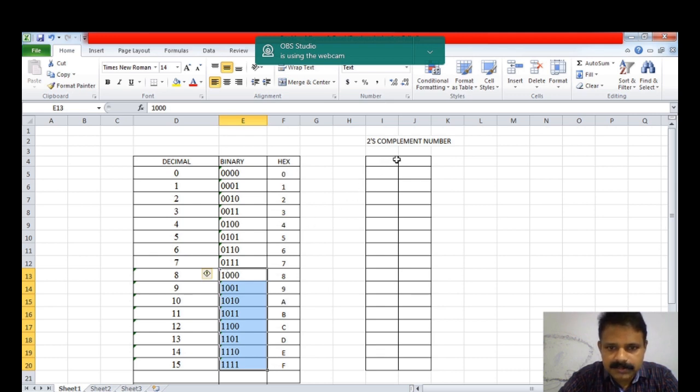We know in sign magnitude form, the positive numbers are represented using sign bit equal to 0, that is MSB equal to 0, and negative numbers are represented using MSB equal to 1. And the remaining bits are used to represent the magnitude. In two's complement representation, positive numbers are represented as in sign magnitude form